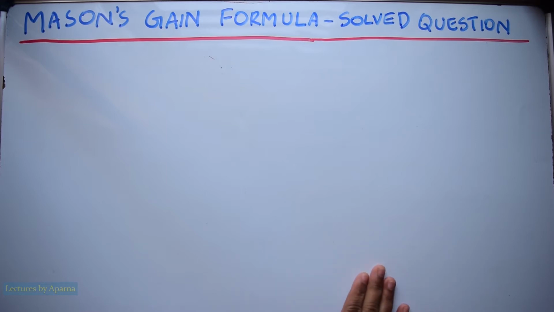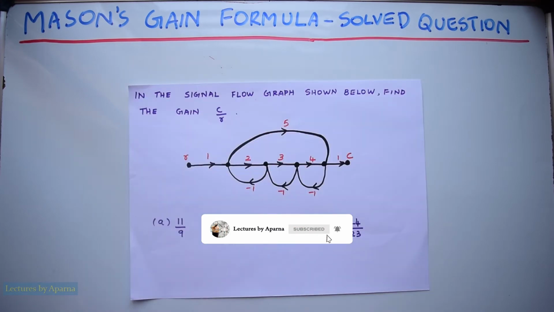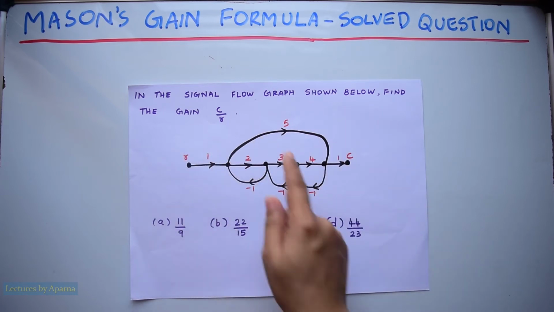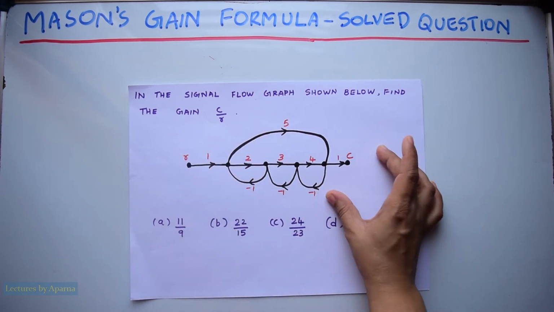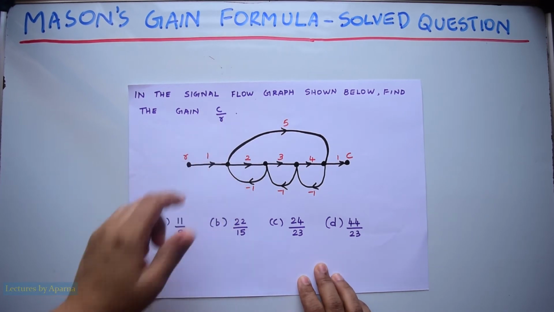In today's video, let us discuss a question from the topic Mason's gain formula in control system. I will read the question. In the signal flow graph shown below, find the gain C by R. So this is the signal flow graph. There are four options. We have to find the gain C by R here, and for that we have to